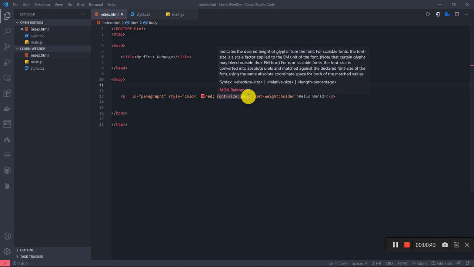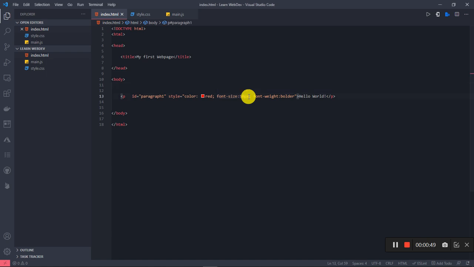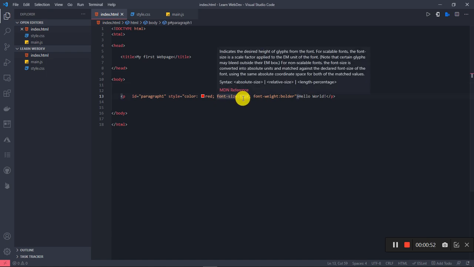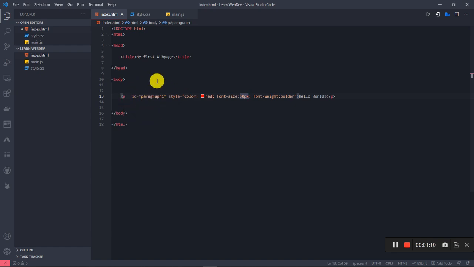I know you don't understand, but we have absolute sizes, relative sizes, and then percentages. The absolute works in relation to the entire page, and relative works in relation to the container or to another element in which this particular element resides. This resides in a body and there's no containing element here. So if I am to choose something like, now we have